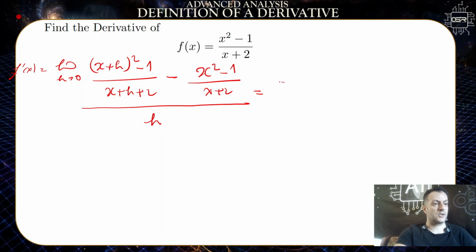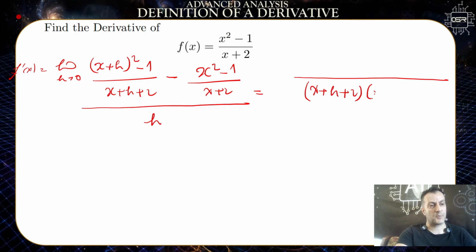Equal, we establish a common denominator in the above, so x plus h plus 2 times x plus 2. Okay, so to the left we multiply by x plus 2, so x squared plus 2hx plus h squared minus 1 times x plus 2